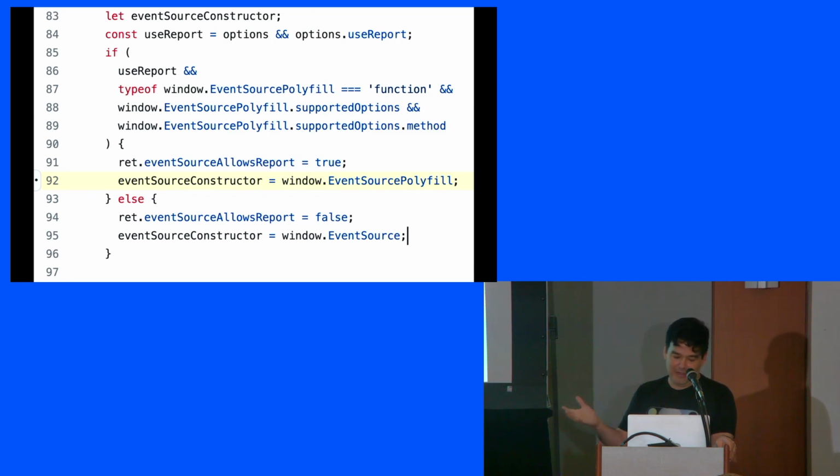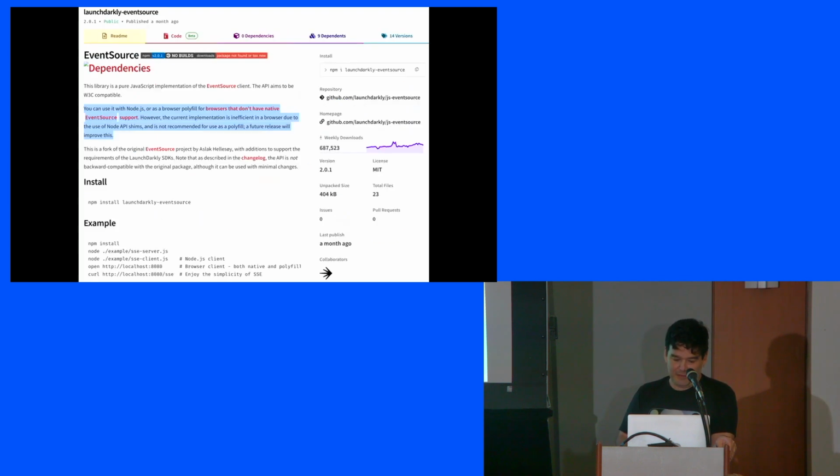So we have a polyfill that is open source as well, but it's a fork of a different polyfill that we released as open source. The thing that I highlighted here, which again is hard to read, is that this polyfill is primarily for Node. And you may be thinking, okay, so far we've only really been talking about browsers, right? This is a browser API, but